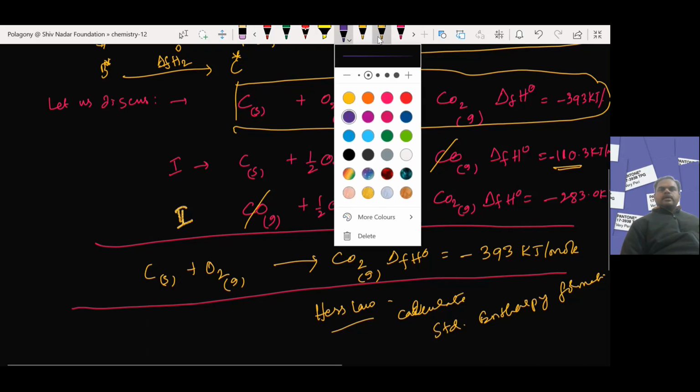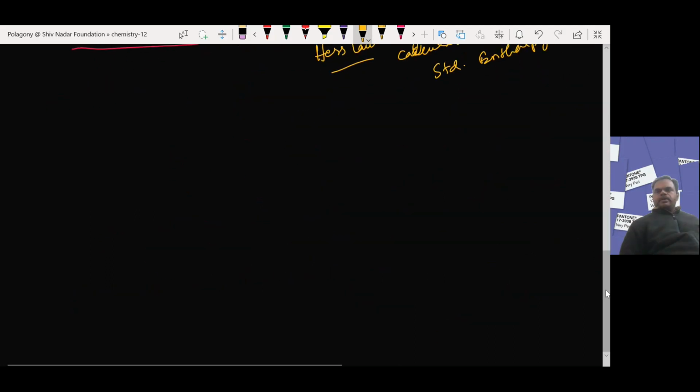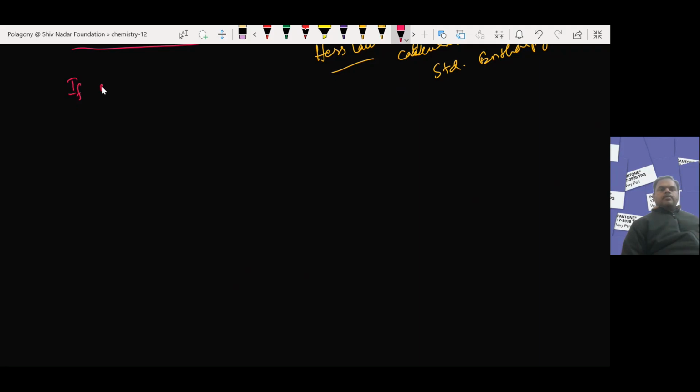If you want to understand Hess's law of constant heat summation, we'll go for one more example. If 1 mole of benzene, C6H6, undergoes combustion at 298 Kelvin and 1 atm pressure or 1 bar pressure,